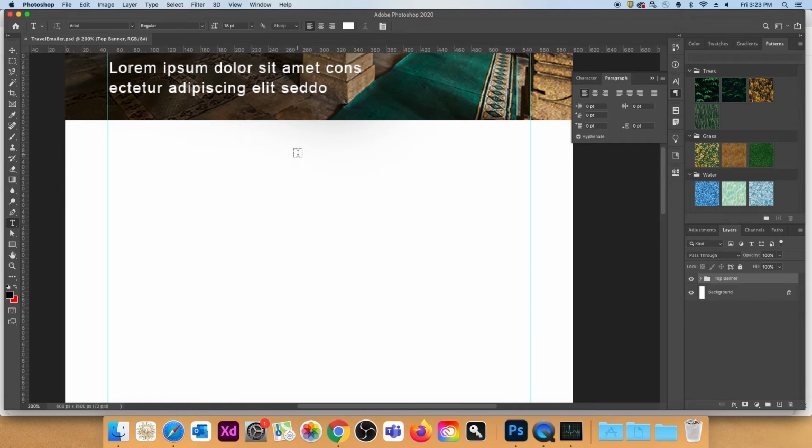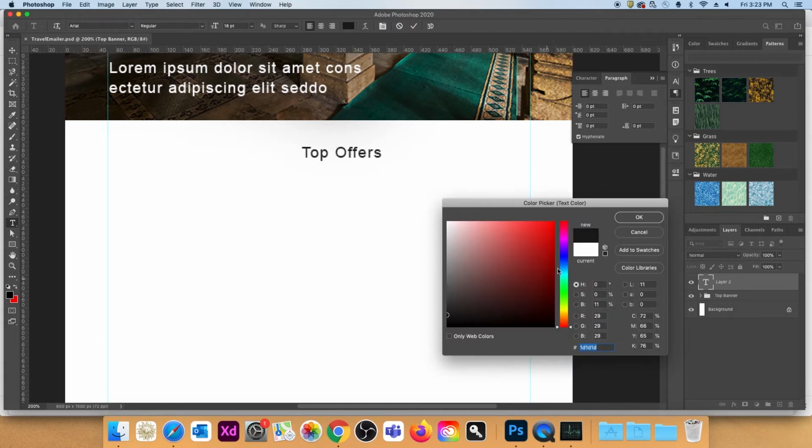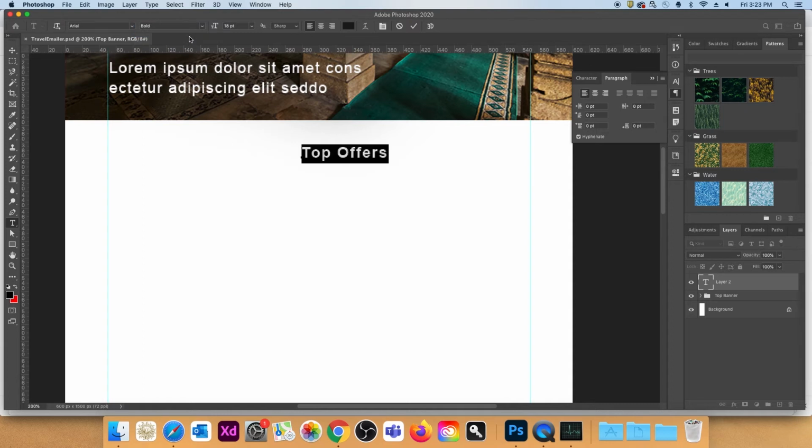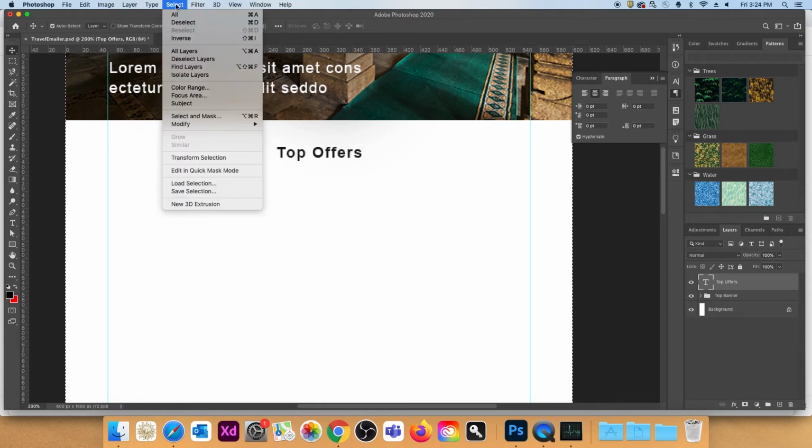Let's type in the text, top offers. I'll give it a dark grey color so that you guys can see the text. Bold, center aligned. Select all, align to the center, and then select, deselect.